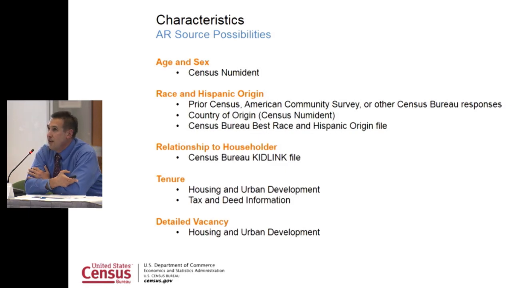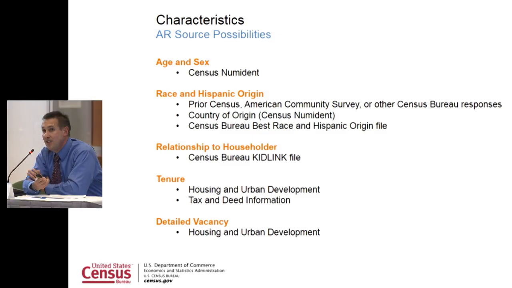So now this is the Barbara slide. Barbara had asked in the morning about characteristics. So I'm going to go over some of the characteristics which we're using for our administrative records enumerations, but some of the things which I'm talking about here could also apply to our edit and imputation, and this may be something to talk about at a future CSAC meeting. Since we're using administrative records and not necessarily conducting interviews, how are we going to get characteristics? So let's share some of the things which we are doing.